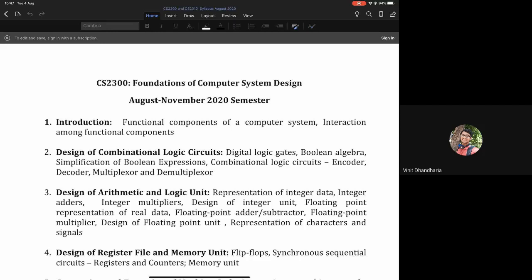As all of you know, the data as well as the code or the instructions are represented in the form of bits, right? So we are dealing with the binary variables, that's the variables which can take only two values, either 0 or 1.